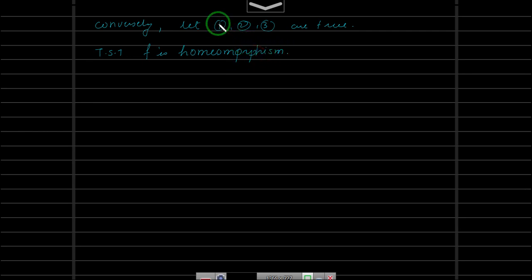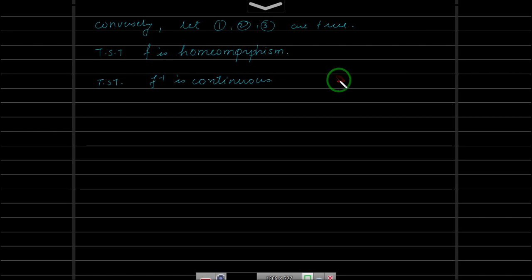So the first point says it is bijective, so that is done. The second point says f is continuous, that is done. The third point says it is an open or closed map. From that we have to show that f inverse is a continuous function. To show that f inverse is continuous, this is what you have to show.